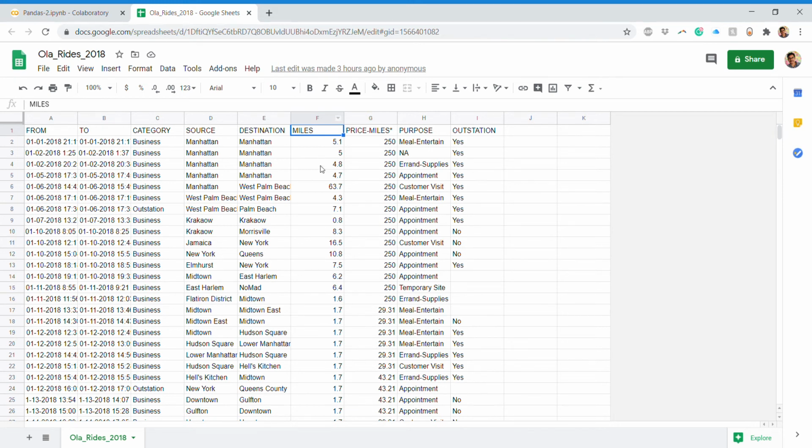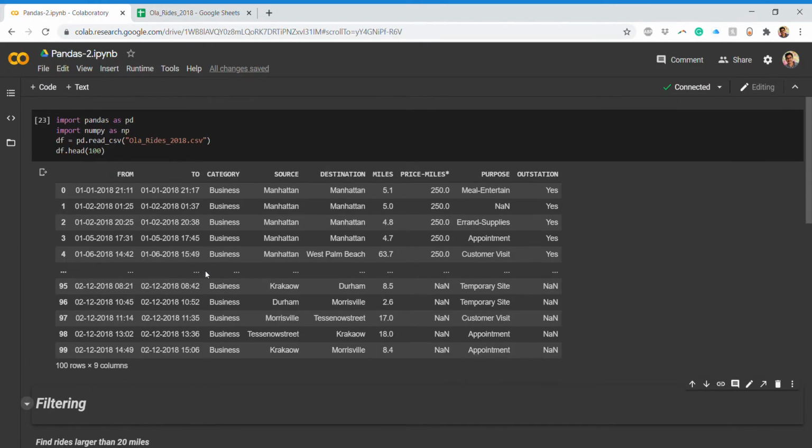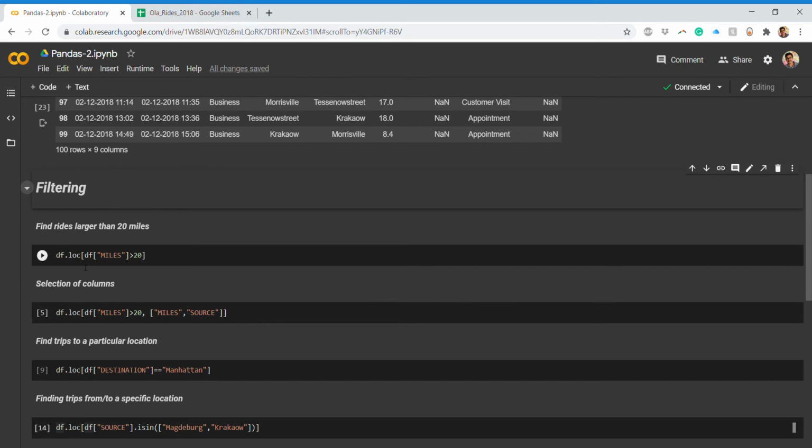In Excel you can see this as a column, but in pandas, as I mentioned, these are nothing but series, and everything is considered as a data frame. Each and every column is considered as a data frame. So if you want to project miles or any of these columns, you call it by means of df, and inside that you are passing a list.